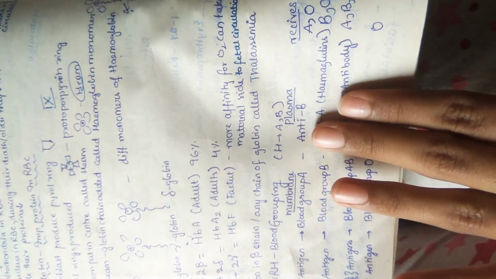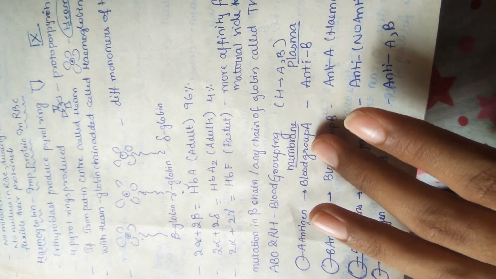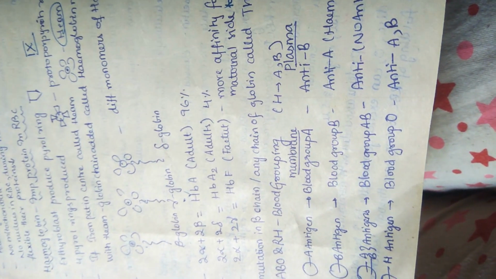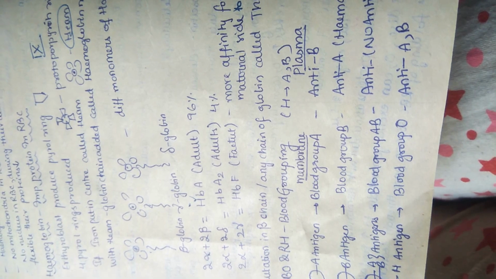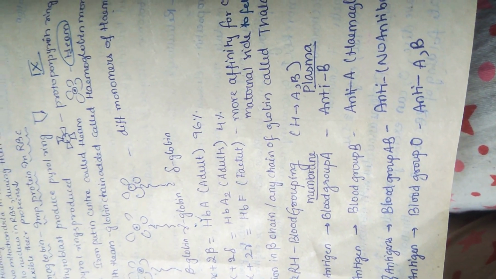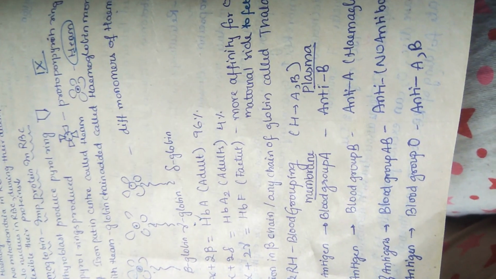Now let us see what is present in plasma. If a person has blood group A, you might think he should have anti-A antibody, but he has anti-B, because whenever we eat any food or come across microbes, they bring both A and B antigens to our body. If blood group A is already in our body, our body regards A as its self antigen. So as A is thought of as self antigen, antibodies are produced against B. This is the theory behind it.